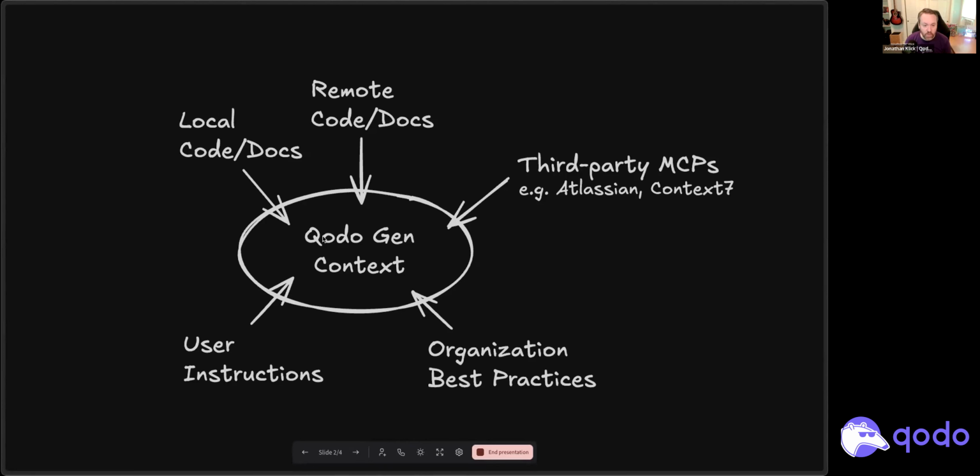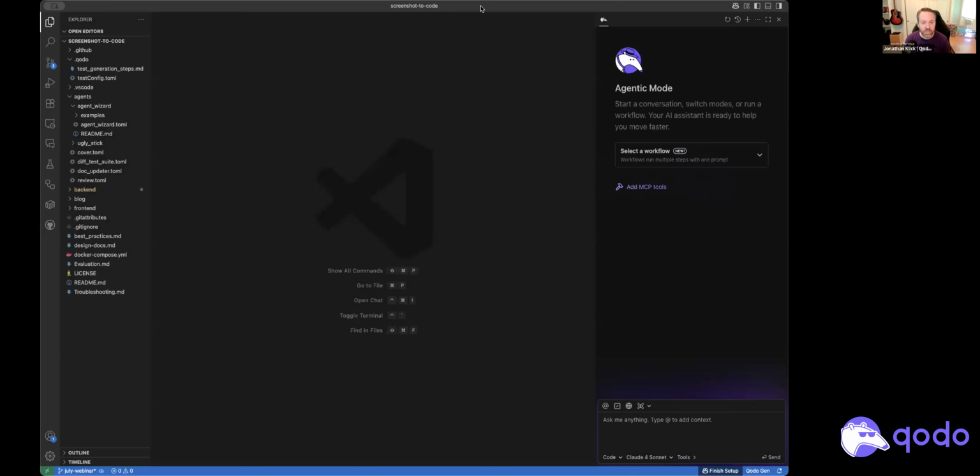I'm going to switch over to my IDE. By the way, I am going to be using VS Code for the IDE today. I had to pick an IDE to use. I can't demo all IDEs, but I do want to highlight that while I am choosing VS Code, we support all the JetBrains IDEs. We support Visual Studio. If you happen to have another IDE that you're curious about support for, post it in the Q&A. For a lot of those other ones, like if you're still using Eclipse, or Vim, or maybe Xcode,